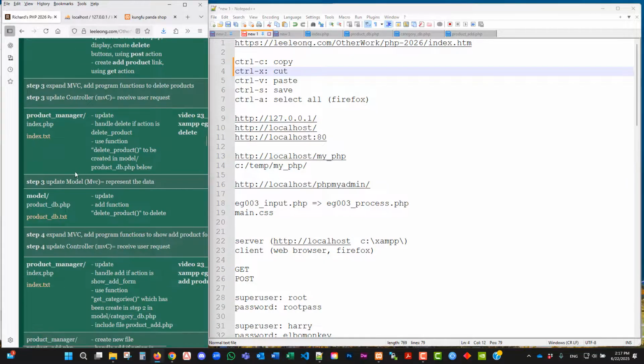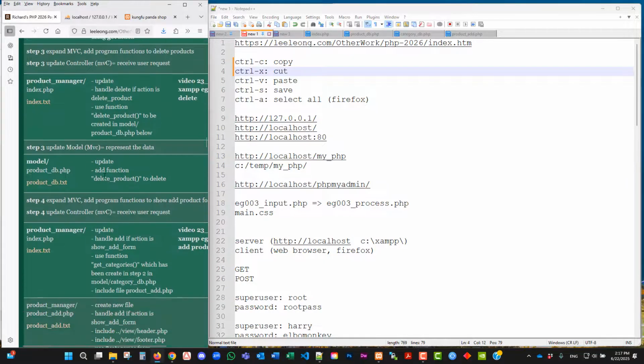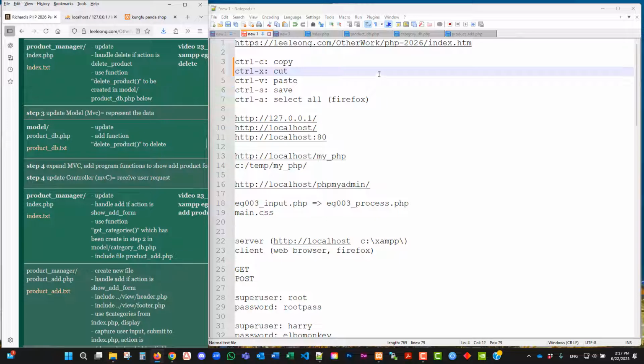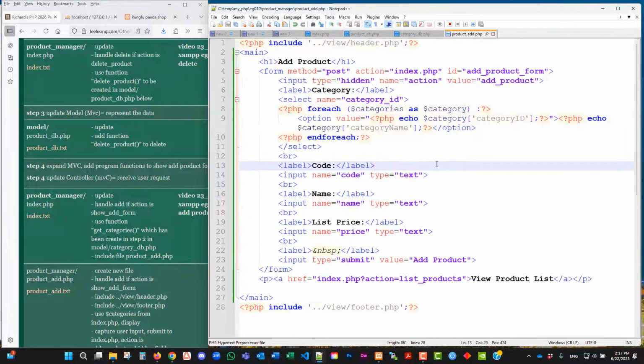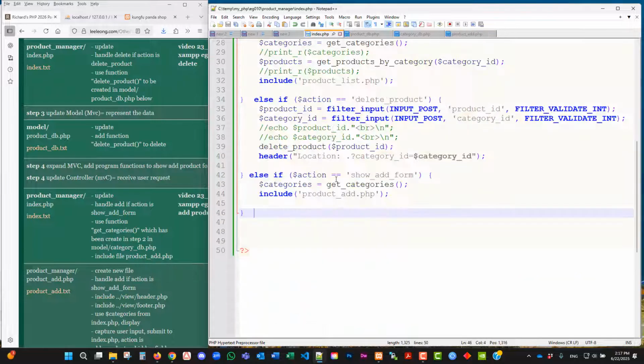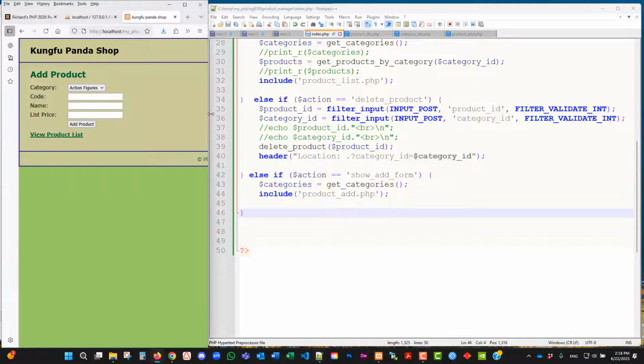So we are going to finish the last part of the add product. In the last video, we passed the control back to itself. When the action is equal to add product, we have to actually add the product. So if you fill up the information here